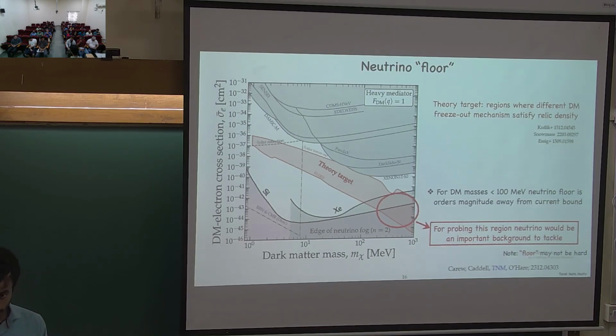At those masses, it's hard to get the right rate. If you have a heavier mediator, typically those do not produce the correct relic density, and that's the famous Weinberg bound on the dark matter masses. These are very specific scenarios. There are nowadays various different mechanisms through which you can do it.